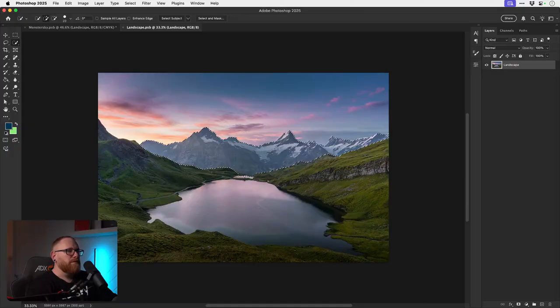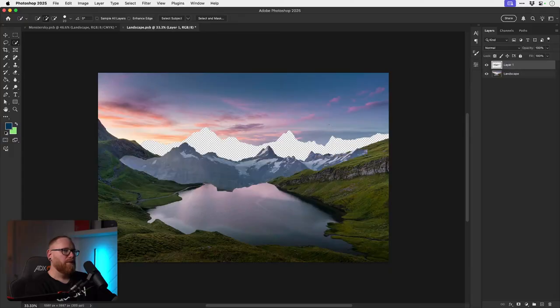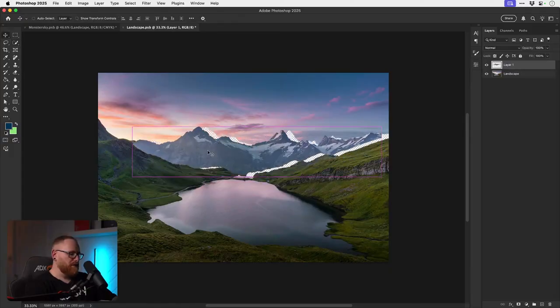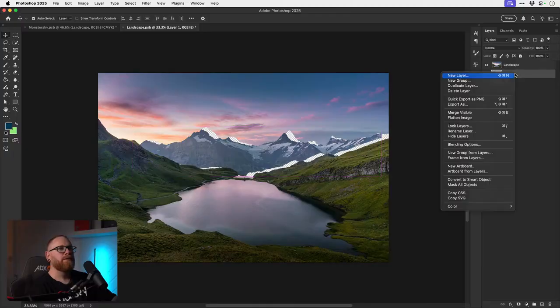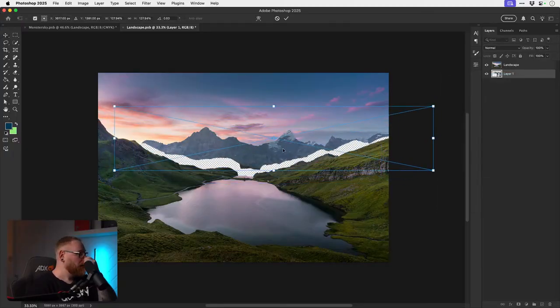So let's make a quick selection of the mountains, and I'm going to cut them like this. I'm going to paste them in. And how's this going to work, Dan? Make them larger so they come up a bit.